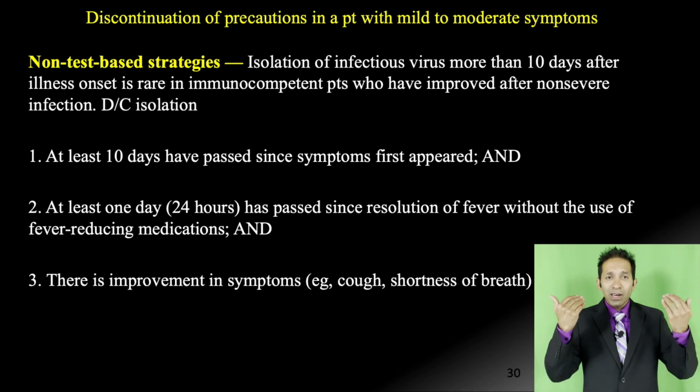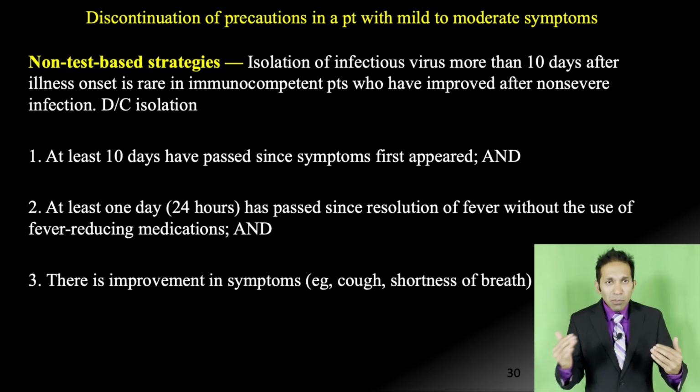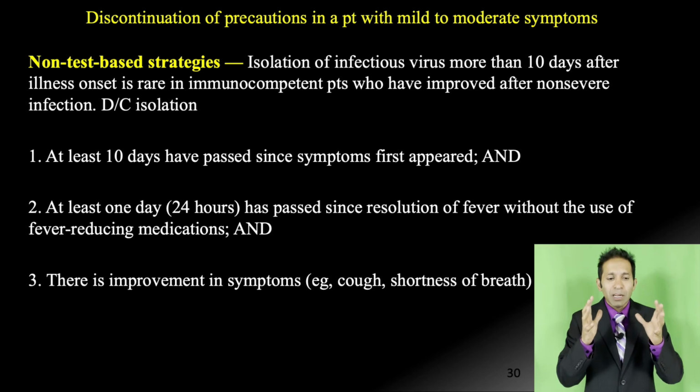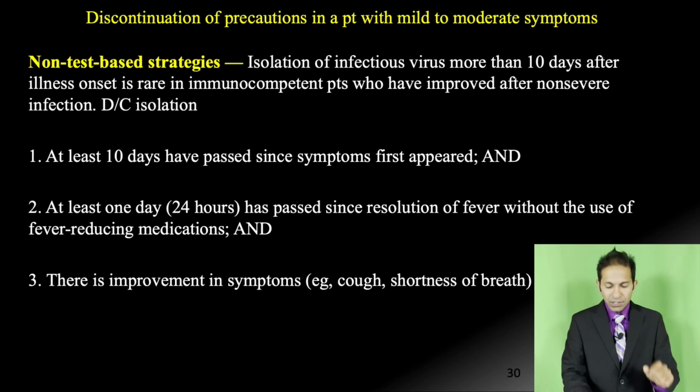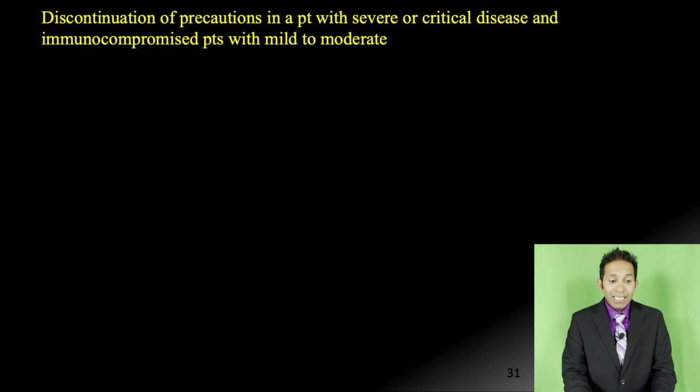So if patients who are immunocompetent are improving, they have no fever, 10 days after symptom onset, you can discontinue isolation. And CDC recommends we should not be repeating the test for these patients. Okay, we'll talk about that too in the next section, the testing strategy. So let's go to the next slide and talk about discontinuation of precaution in a patient with severe or critical disease